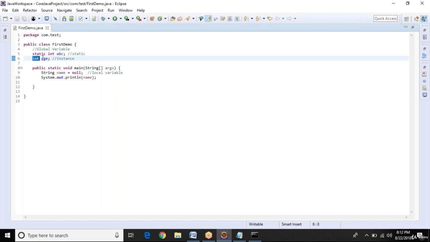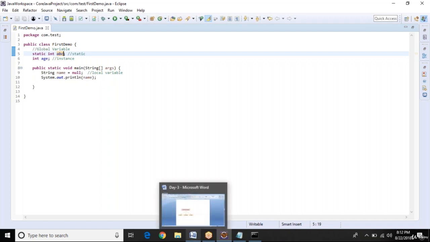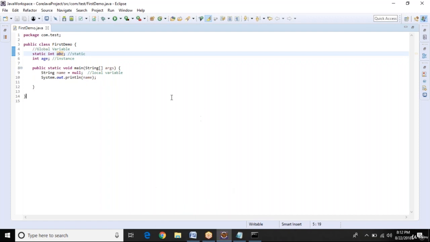If the data type is integer, then age is initialized with 0. We will discuss this when we discuss data types.